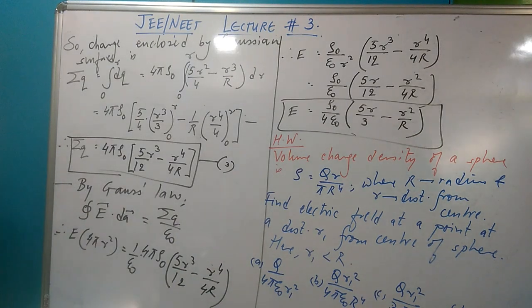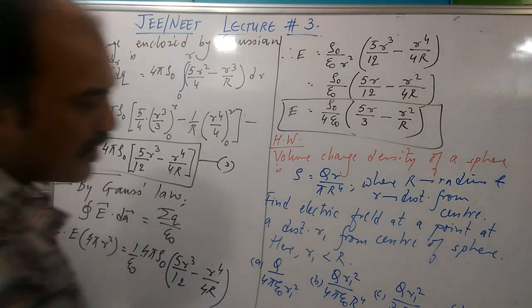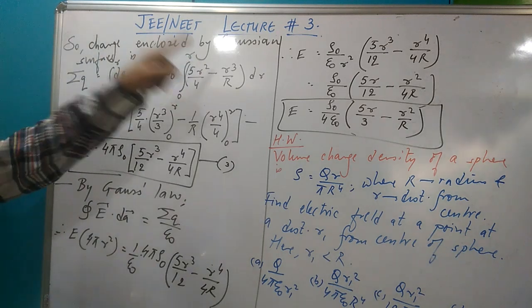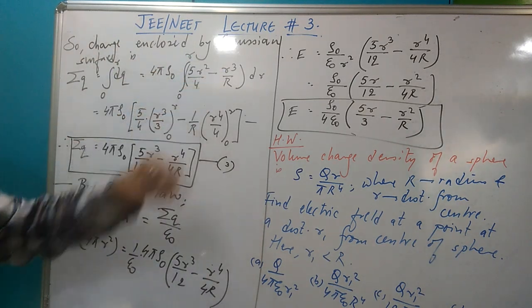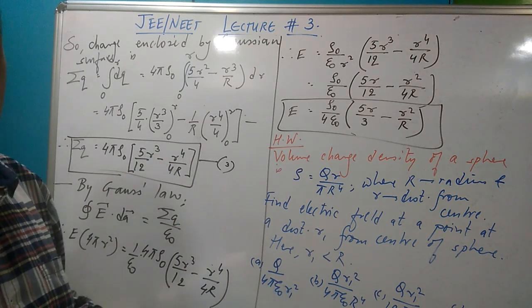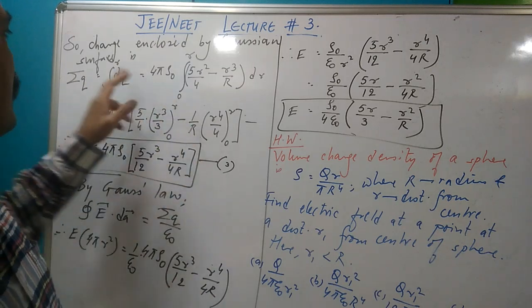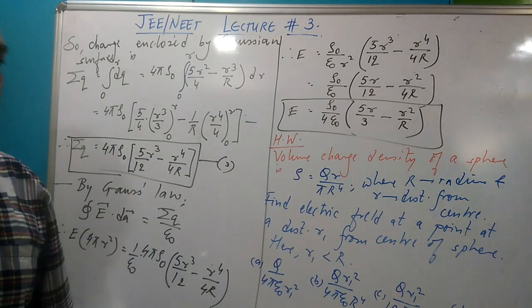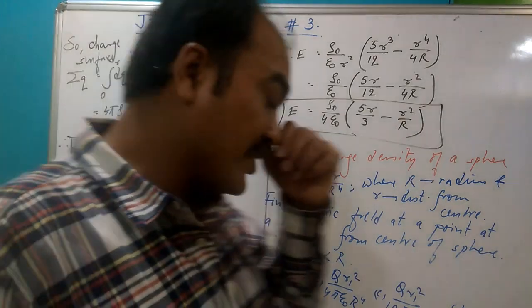The answer to this can be found using the same ideas as you saw right now. You will use the same idea that we used to do the sum. You will assume a small shell. You will find out the area, then the volume, then the charge enclosed by the shell. Then you will find sigma q as integral dq, and utilizing Gauss's law, the answer will come. You can give me the answer in the next lecture.